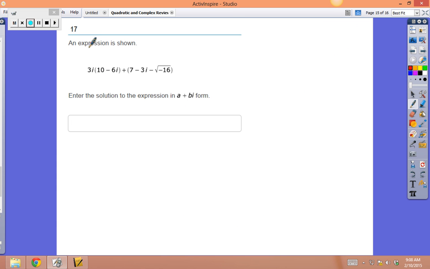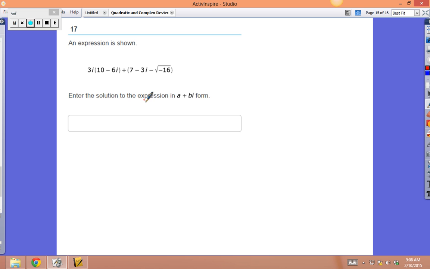Okay, now you're given an expression, you just need to simplify it and put the real part first and the imaginary part second. So this first is a multiplication problem. Multiply 3i times 10, that's going to be 30 imaginaries. Multiply 3i by a negative 6, it's going to be negative 18, and imaginary times an imaginary is a negative, so that's going to turn that positive. And then this is just all a plus, so plus 7 minus 3 imaginaries